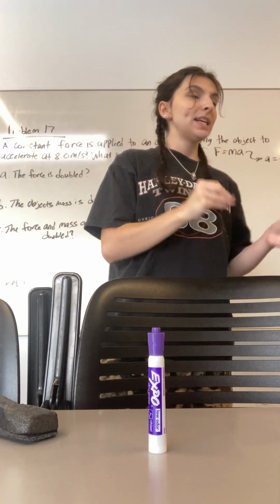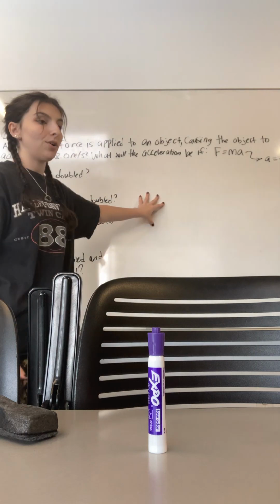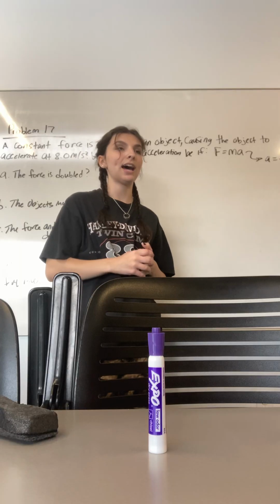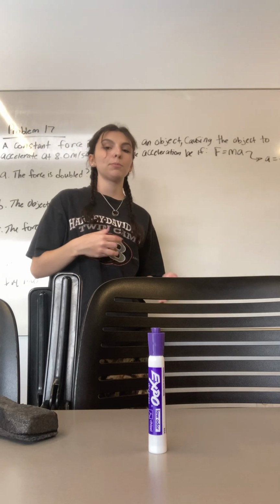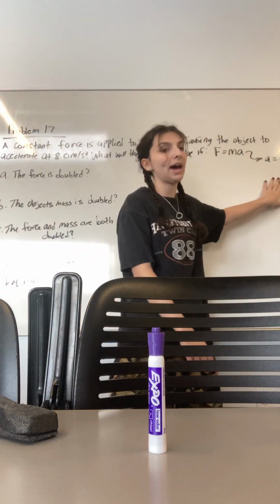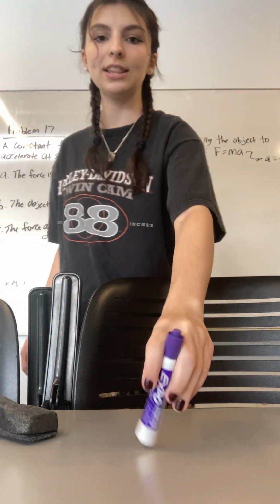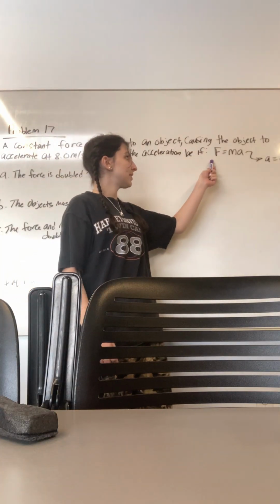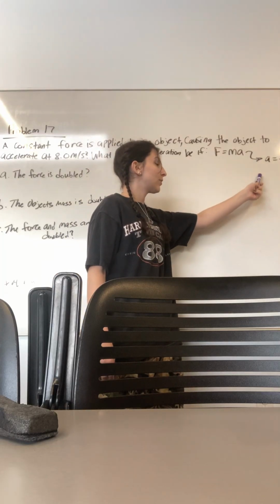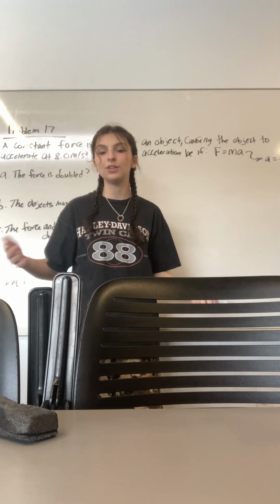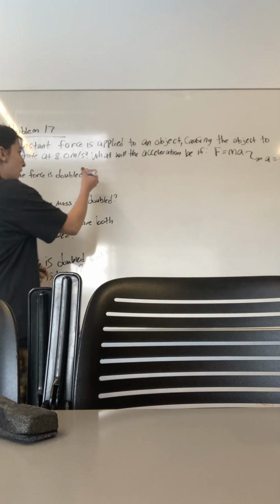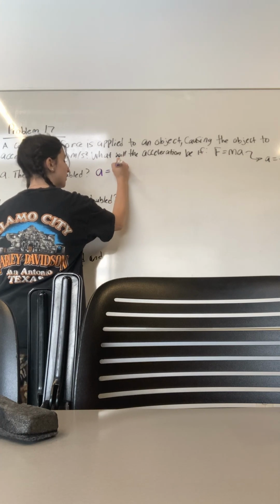However, basically what this problem is trying to teach you is Newton's second law, which is that an object's acceleration is proportional to an object's force and also inversely related to the mass. If you look at this equation, force equals mass times acceleration. We're trying to find acceleration, so I changed it to acceleration equals force over mass, which makes the problem easier to solve. So if we look here, the force is doubled, so if we write that out, it's acceleration equals 2